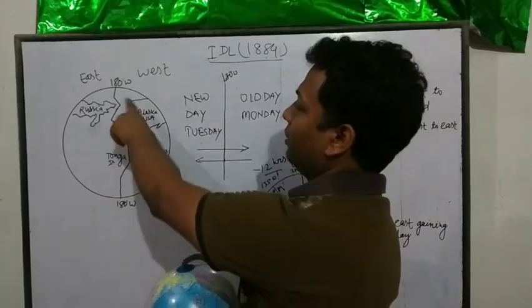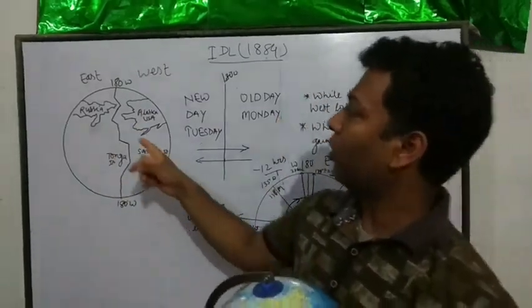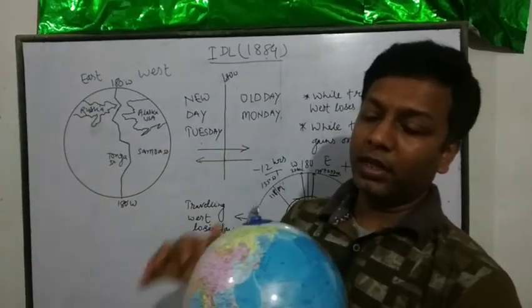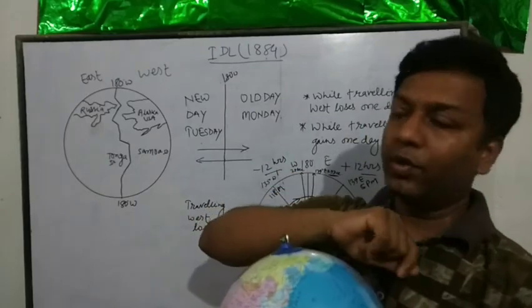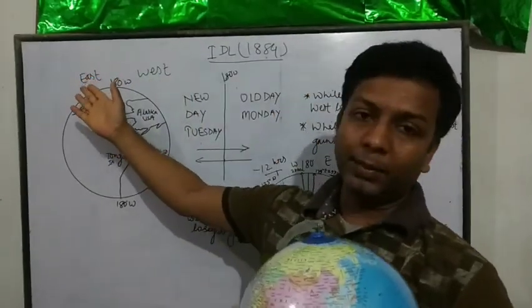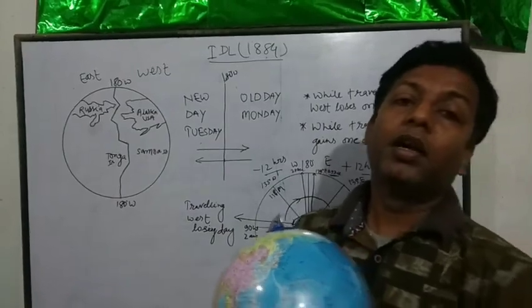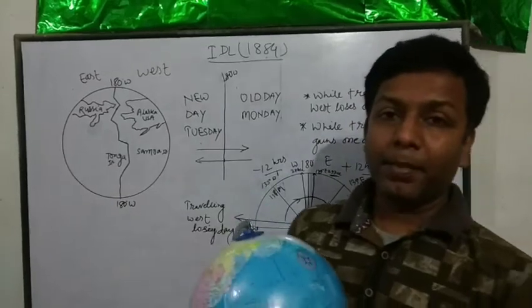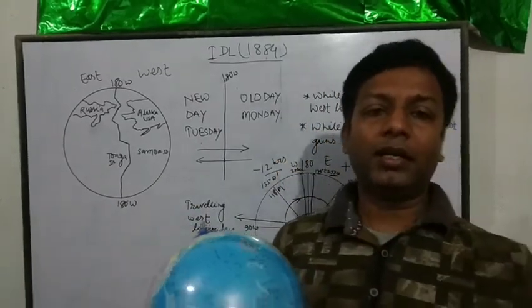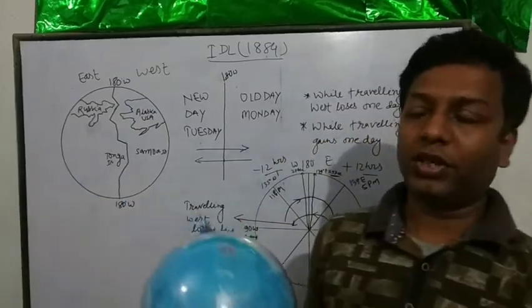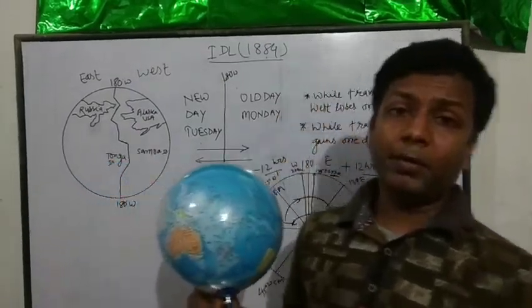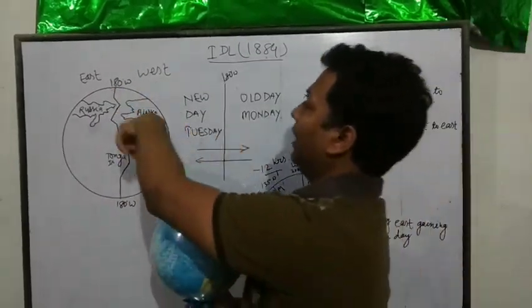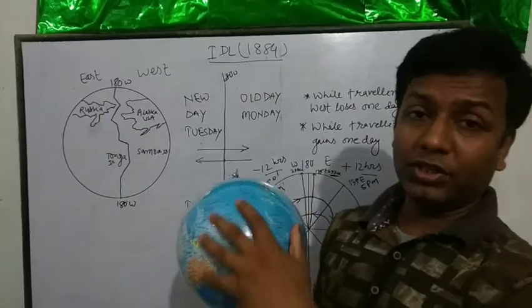Look at this in this map, also in this globe. From this side we have opposite things. From the right hand side we have west and the left hand side we have east. But for the 0-degree meridian, when it comes to see, it is east on the right hand side and west on the left hand side. So keep it in mind to show the globe like that for the international date line.